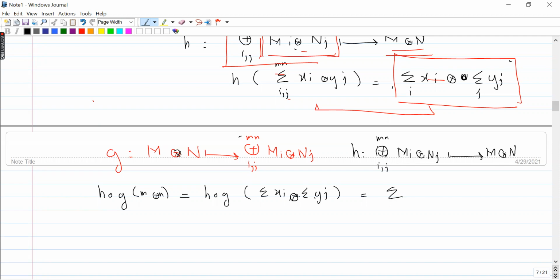So this summation of ij mi tensor nj, and if we apply h, which is defined here, so it is summation of mi tensor of summation of nj,